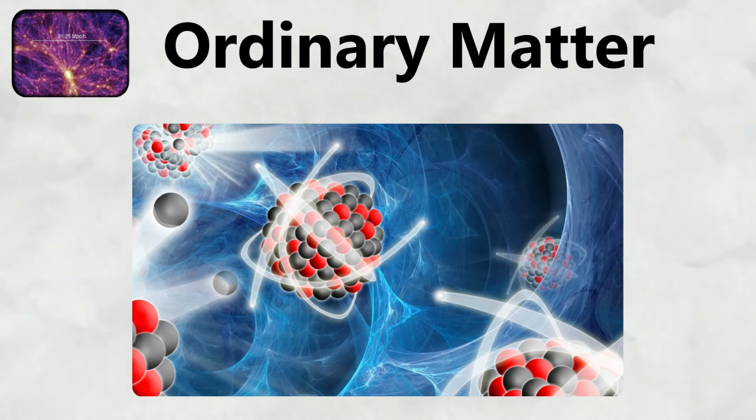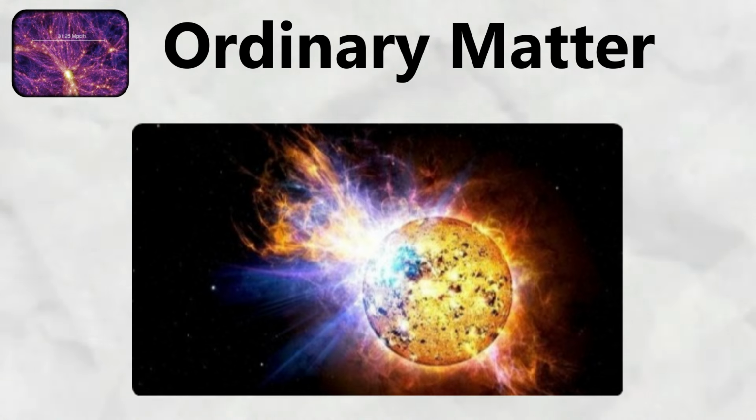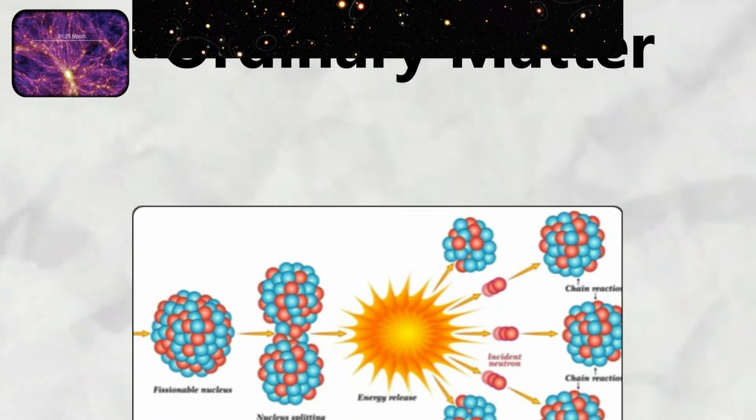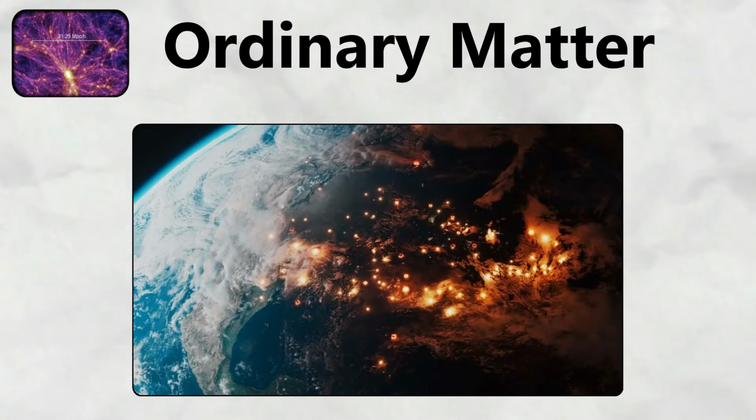Nuclear reactions can transform one element into another by changing the number of protons in atomic nuclei. Nuclear fusion combines lighter nuclei to form heavier ones, releasing enormous amounts of energy in the process and powering stars throughout the universe. Nuclear fission splits heavy nuclei into lighter fragments, also releasing energy and forming the basis for nuclear